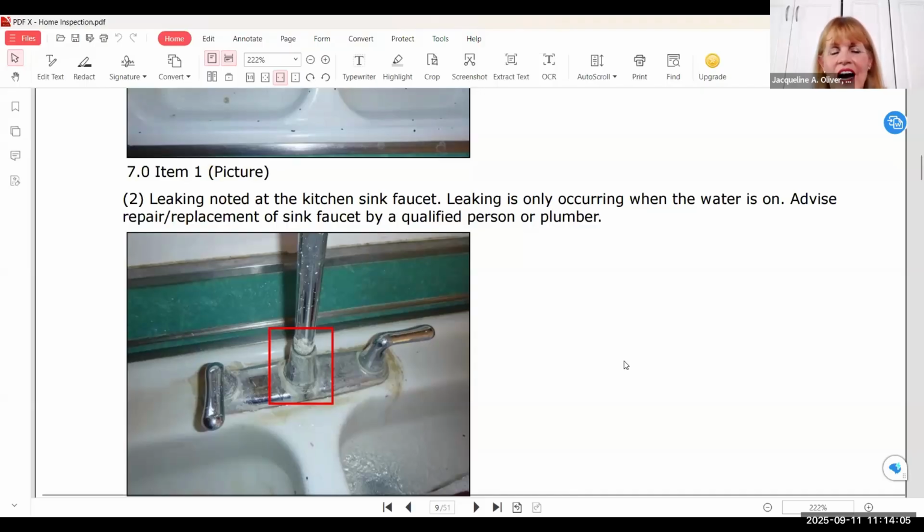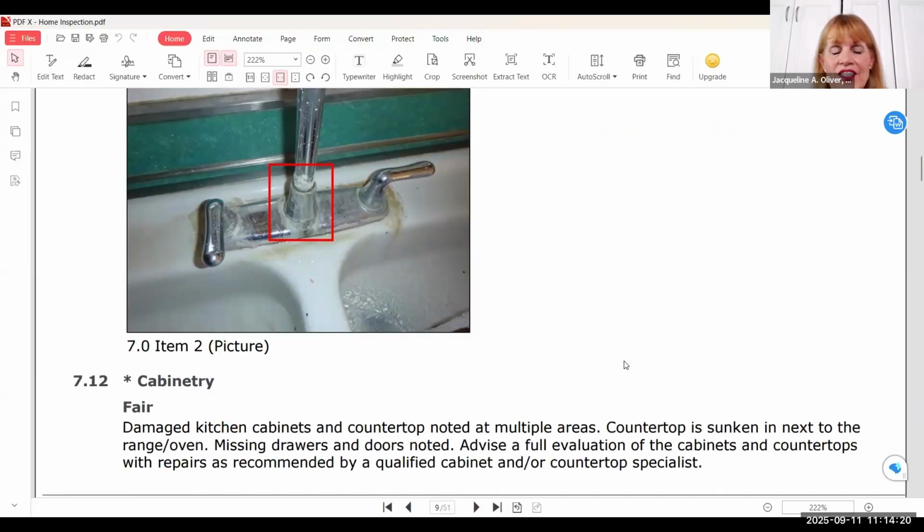I would recommend that you do something about the kitchen sink and the faucet. It's up to you, but I think it would help sell the house easier, because they're looking at the condition. Okay, so you're making a suggestion. You make that suggestion, what do you do? You confirm it in writing.